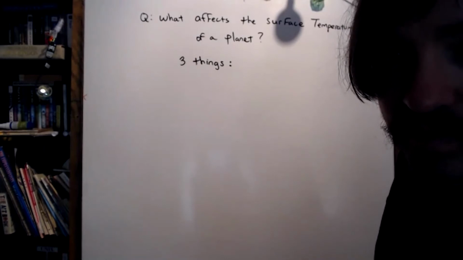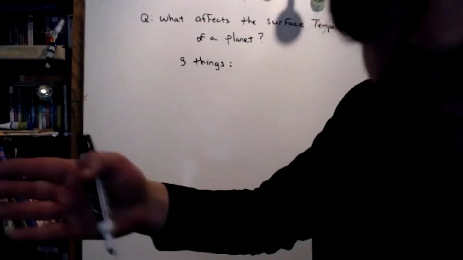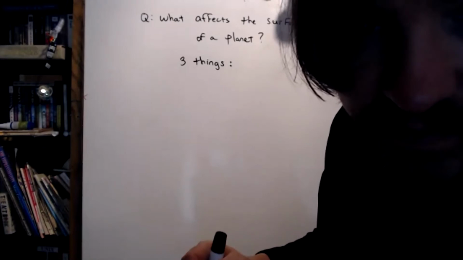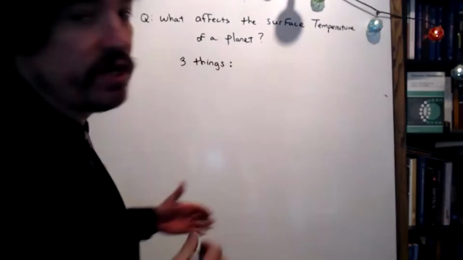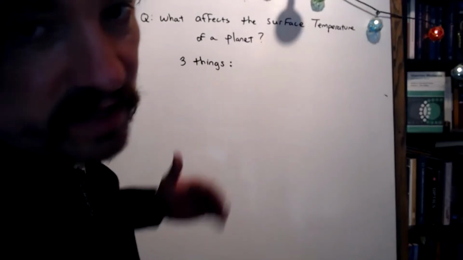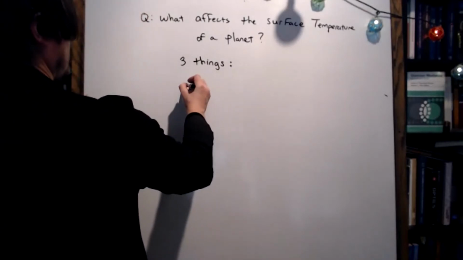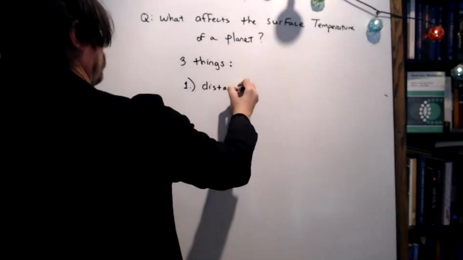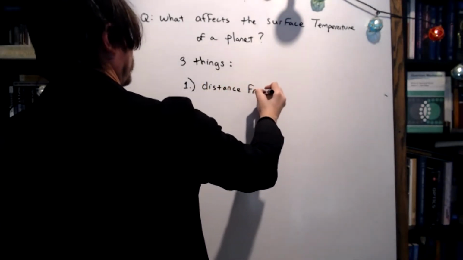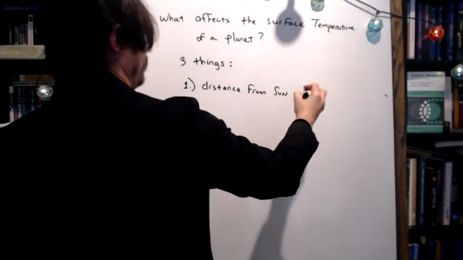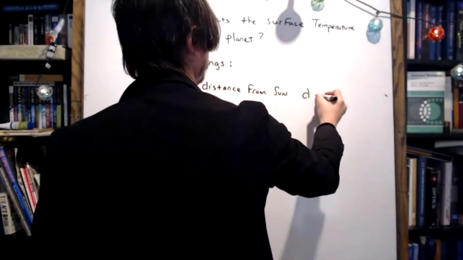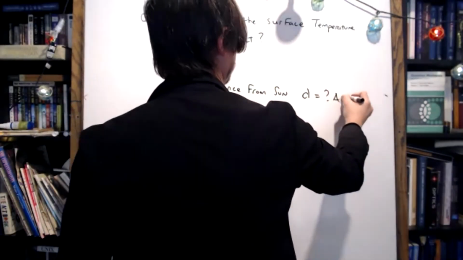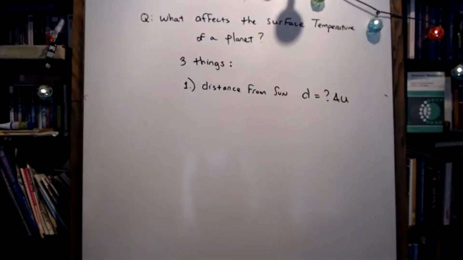Well, the first one's sunlight. So that would be how close or far you are to the sun then, right, Andrew? Yes. Yes, I agree with you. Sunlight is the correct answer, but you get more of it if you're close and less of it if you're far. So that's the first thing, is distance from the sun. And by the way, all of these things are going to appear in the equation that I'm about to give you, D, and we're going to measure it in astronomical units in this equation.